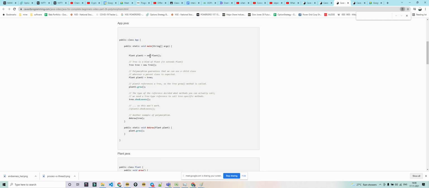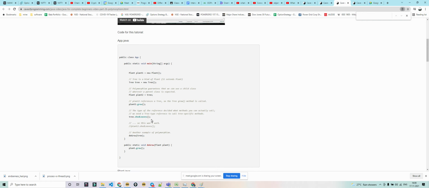Now if you see here, I create an object for Plant and I create an object for Tree. There is one more object where I am assigning the child class object to the parent class. Now you are calling grow. Which grow will be called? There is one grow in Plant, and one grow in Tree.